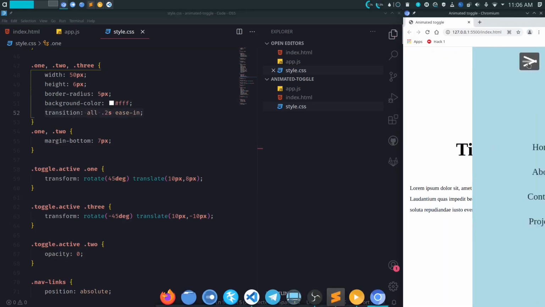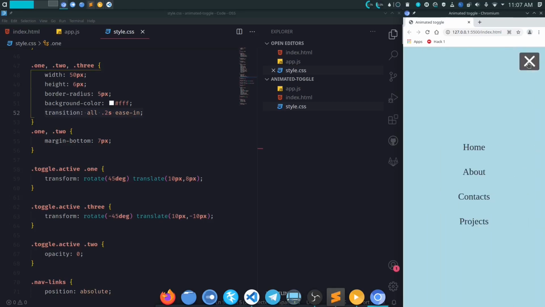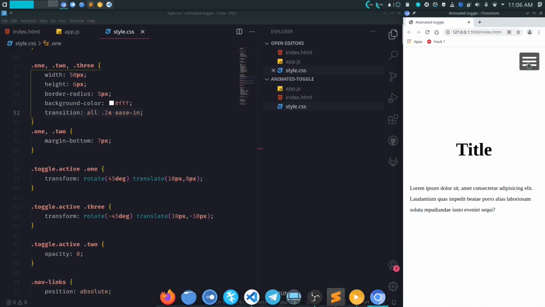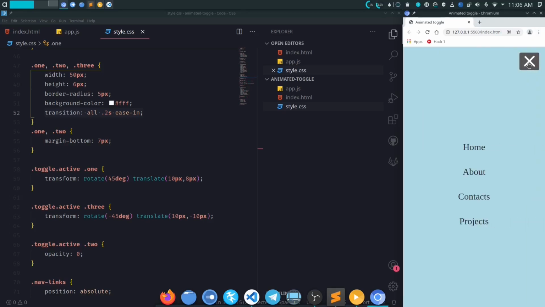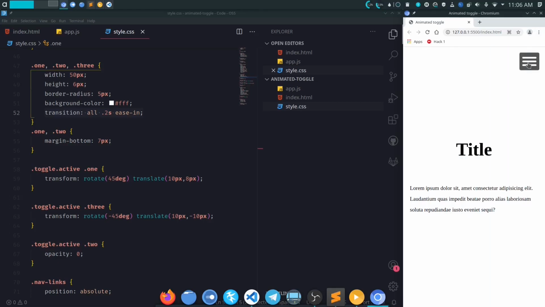This is a very simple example of a hamburger menu, and you can make several modifications to make it even nicer. The main goal of this video wasn't to show you a hamburger menu, it was to show you how dynamic interaction can be added to your website. And I think now you have a pretty good grasp of how and why JavaScript is so useful.